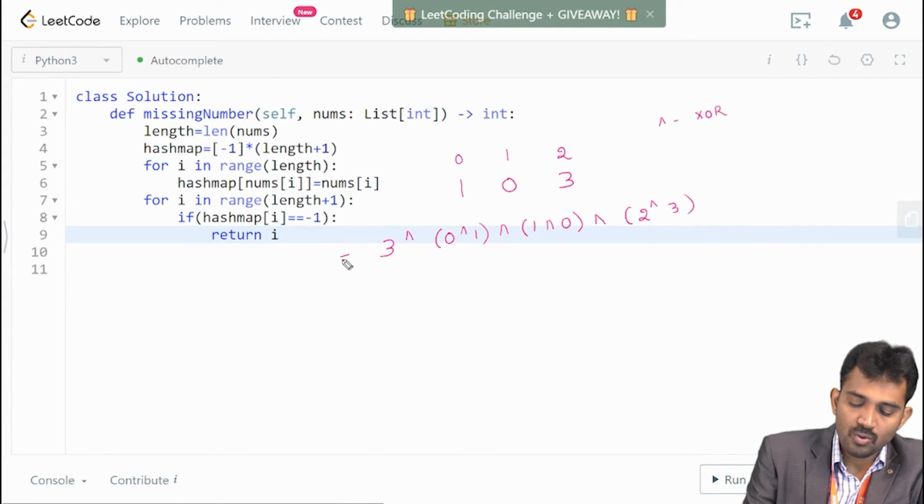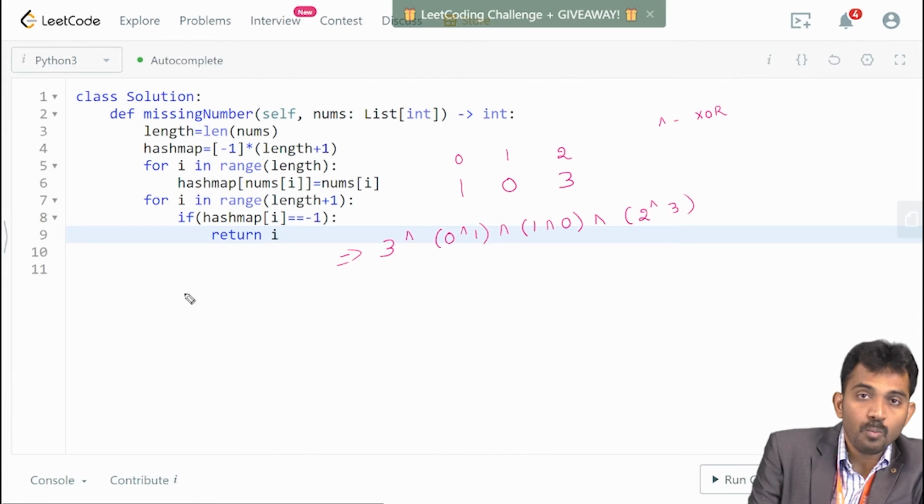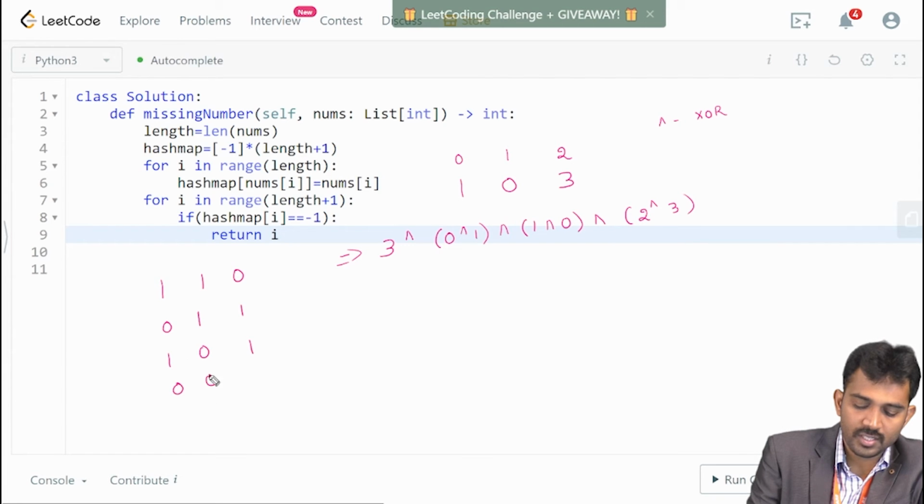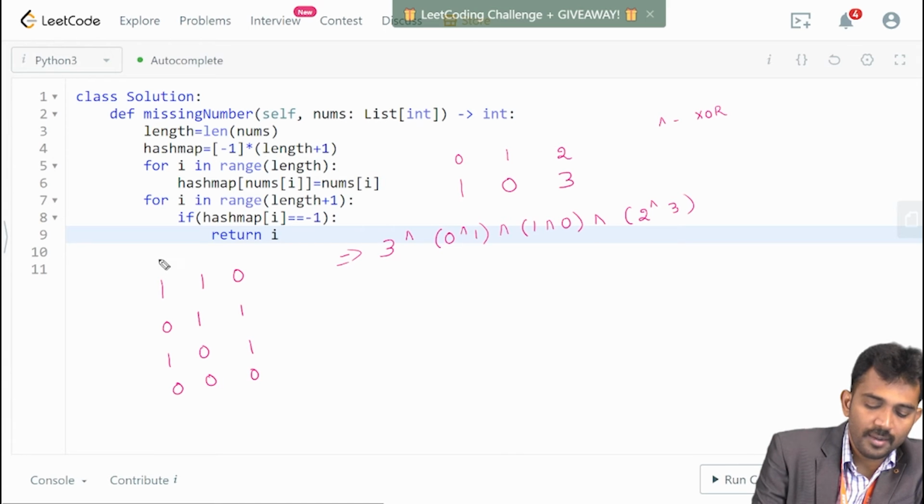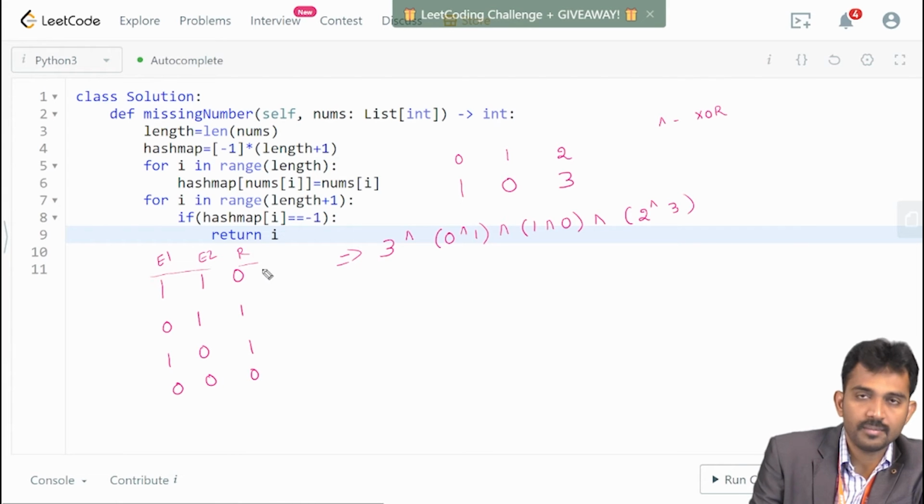Now, you know that XOR means only if both are different then the result is 1. For 1, 1, the answer is 0. 0, 1, the answer is 1. 1, 0, the answer is 1. 0, 0, the answer is 0. I wrote it as true or false: expression 1, expression 2, and this is the result.